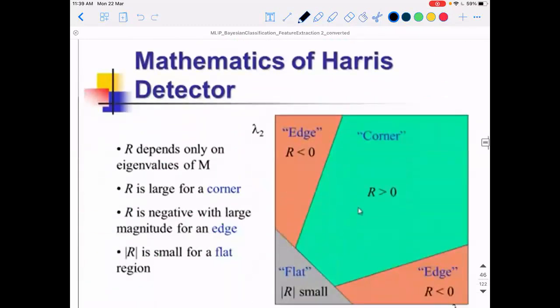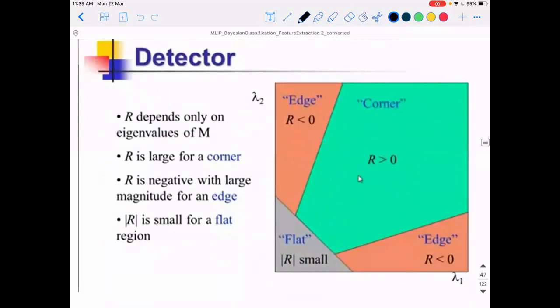Okay. So this is what they are showing pictorially. This is the corner point, this is the edge points, and these are the regions they have put based on R, lambda 1, lambda 2. So here, lambda 1, lambda 2, if both are small, then it will come here. If one of them is high, then it will come into this region. If both are high, it comes to this region.